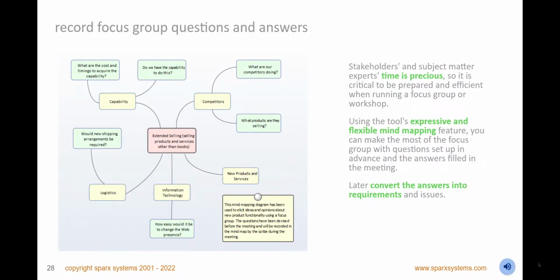Record focus group questions and answers in a mind map in physical or virtual workshops, allowing stakeholders to visualize their ideas and concerns in a business-friendly diagram. Follow up the focus group or workshop, analyze the results and connect the derived requirements, needs, and concerns to the statements recorded in the mind map. As the specification and solution evolve, trace from any design or implementation element, via the requirements, back to the original stakeholder statements, ensuring that what you implement will delight your stakeholders.